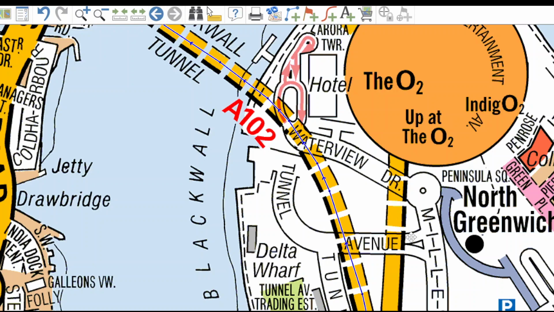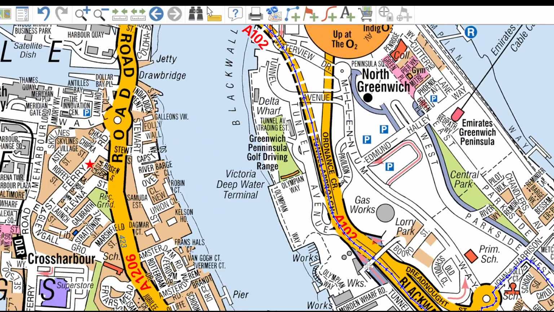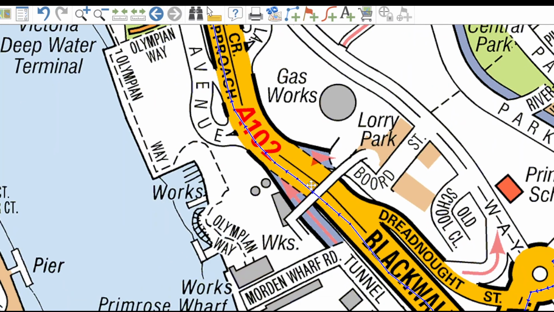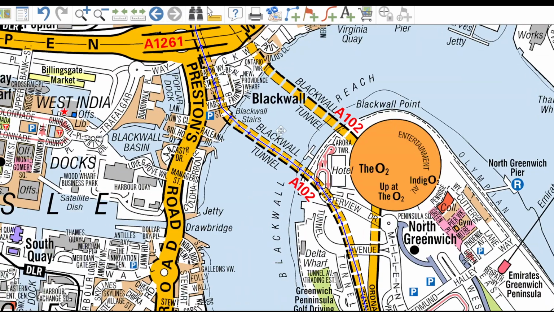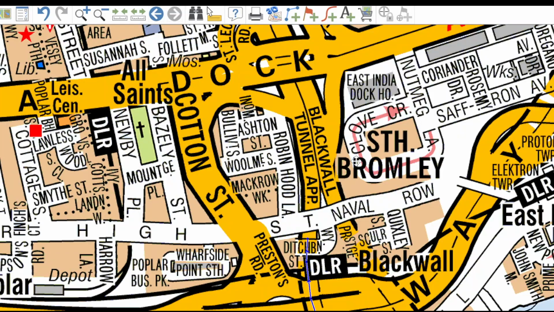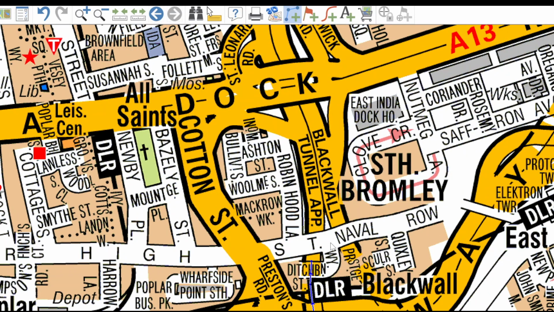Similarly, I forgot to tell you one more thing. Don't worry about this. This is a footbridge. It is nothing to do with your route. If you are coming from here, don't be confused that this is a line you can't cross. You simply cross and draw your route over these lines because this is simply a footbridge. Now you are here at this point. Now this is again a tunnel approach.